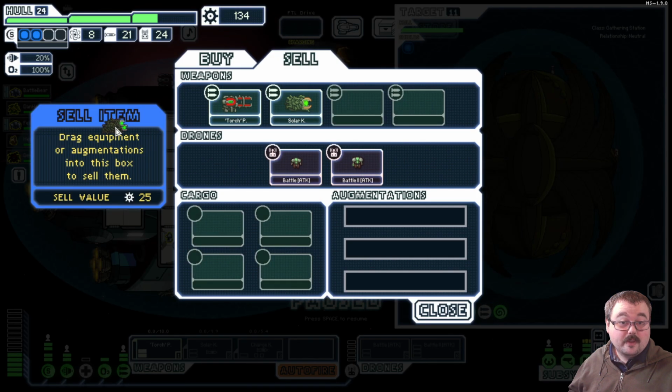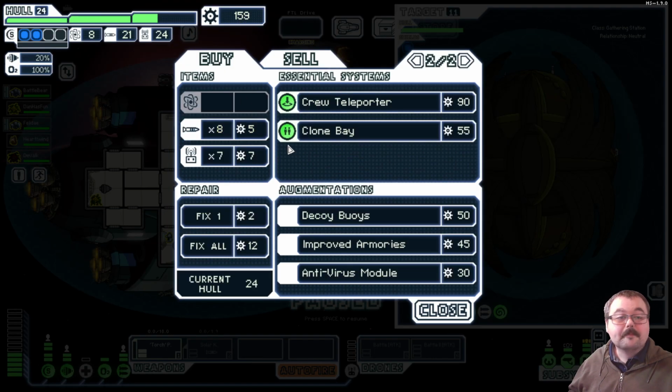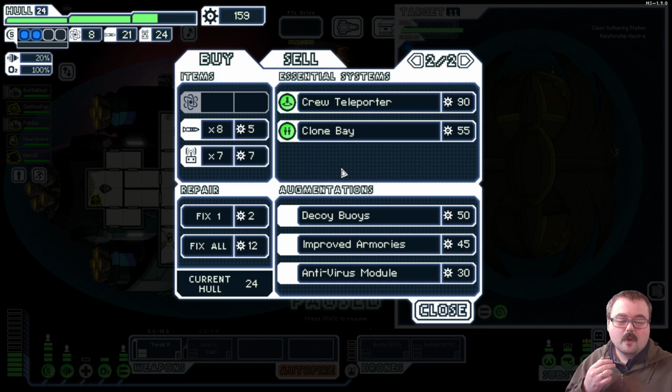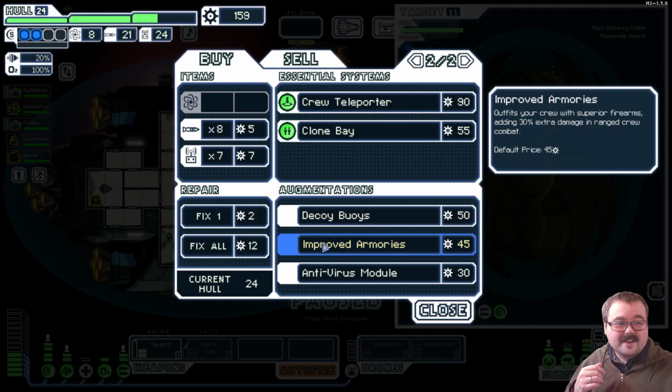We are going to sell the charged kernel. You don't need it. 159 scrap. They don't have cloning. Not cloning. Cloaking. I saw cloning and said it. I'm sure I'm not the only person that does that. You see something, you start saying it. Decoy boys are